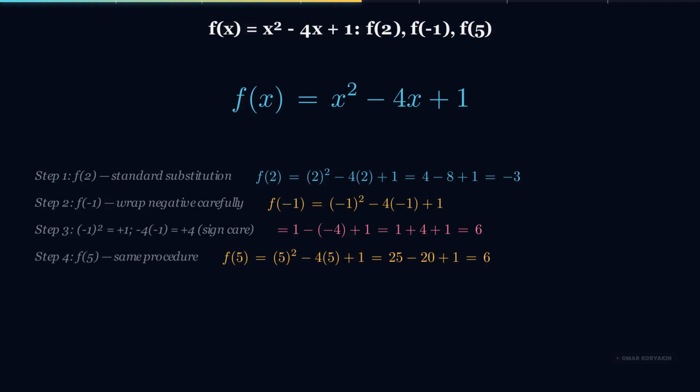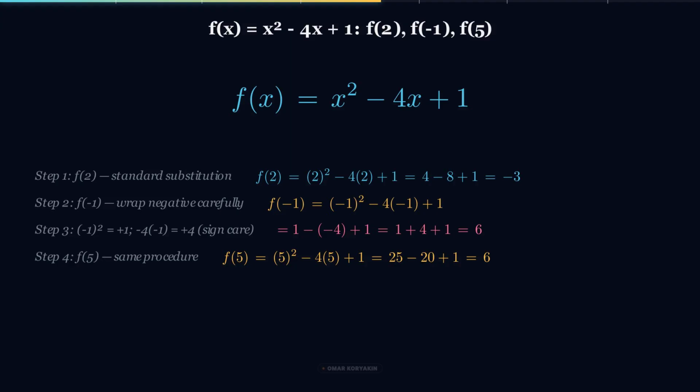Step 4. Collect and interpret. f of 2 equals negative 3. f of negative 1 equals 6. f of 5 equals 6. Notice that 2 different inputs, negative 1 and 5, both produce the same output 6. This is allowed in a function because each input still has only one output. The duplication is on the output side, which is fine. The pattern is consistent with the quadratic graph having a parabolic shape that can hit the same y value at